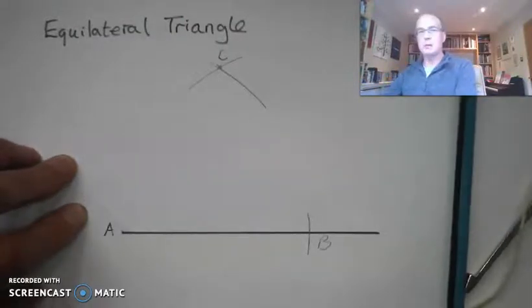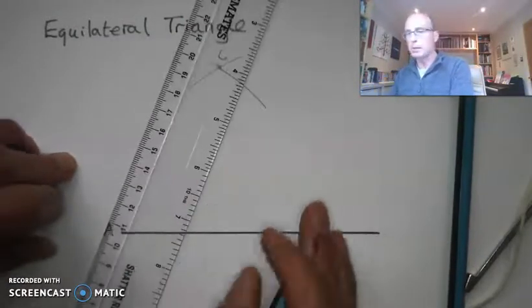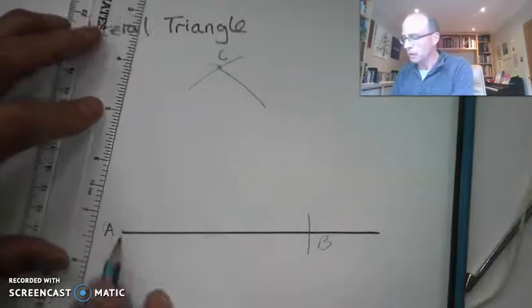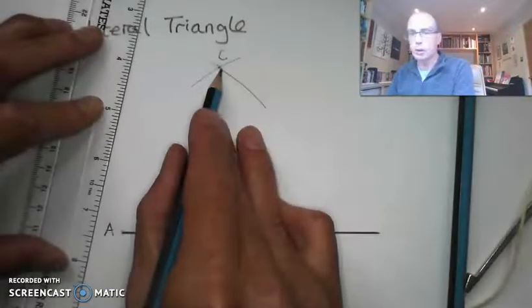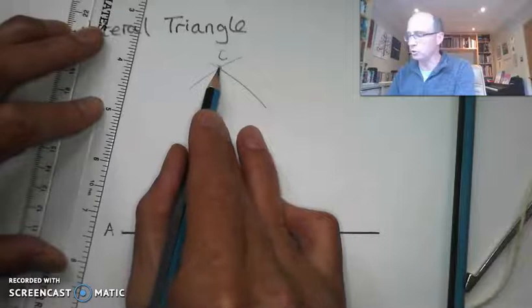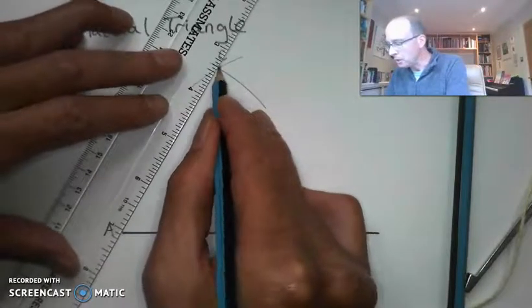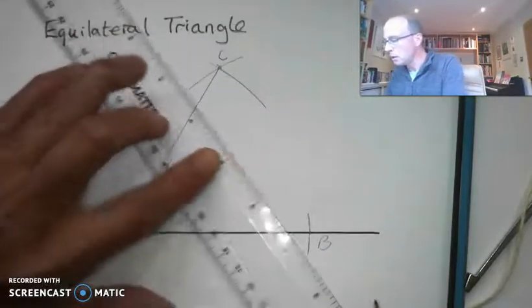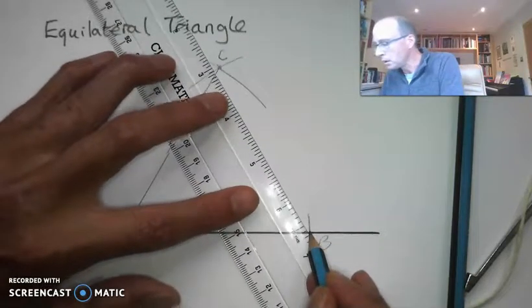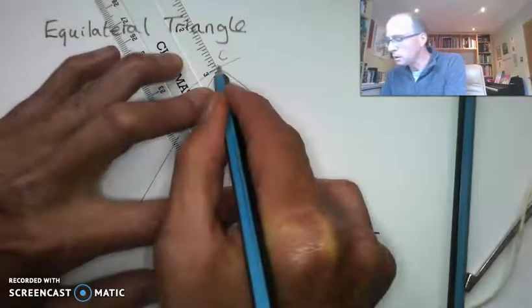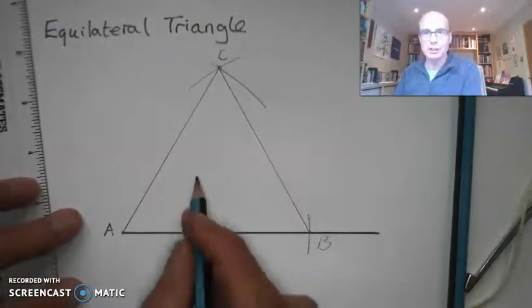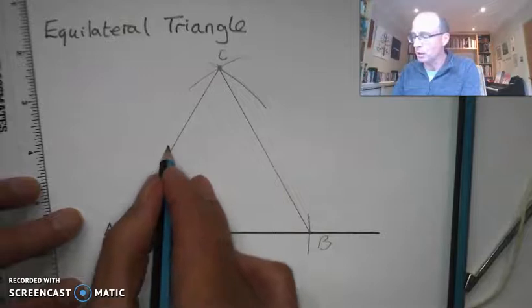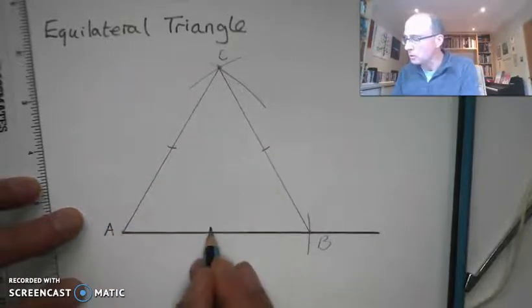I'm then going to take a pencil and ruler, and I'm going to connect up the 3 points. So I've got A, point B on my line segment, which is going to be the base of my equilateral triangle, and the point C where those 2 arcs crossed. So A to C is here, and B to C is here. With a compass, I'll be feeling really confident that I've got a beautiful equilateral triangle, that these 3 lengths are